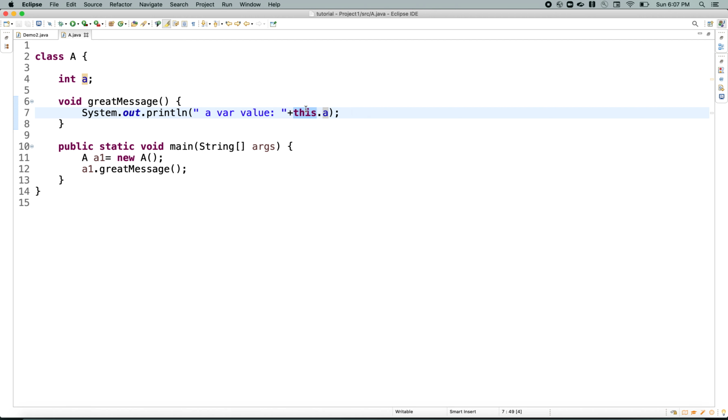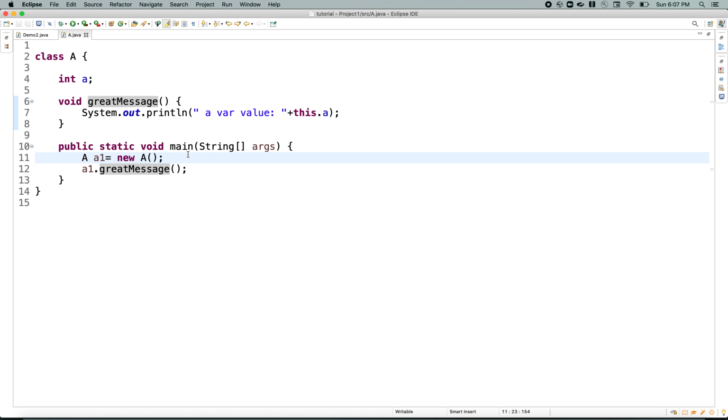So this refers to the current object reference variable. Okay. So whatever the current object you create and you call this method, at that time that object reference will be stored in this keyword. Okay. So this is a reference variable which will be holding the current object reference value.